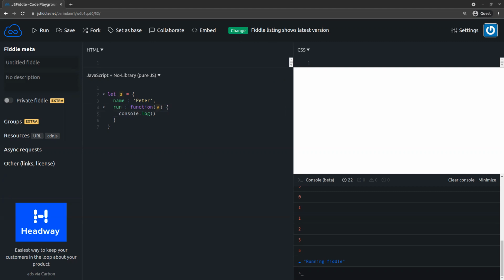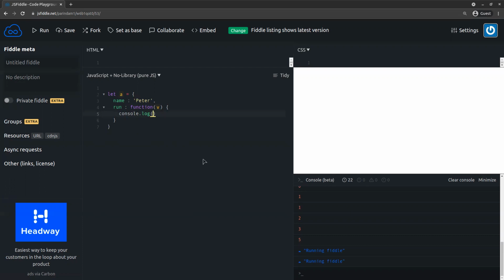The bind method returns a new function which, when invoked, has its this set to a specific value. When you pass an object's method to another function as a callback, the this is lost. That's why we use the bind method.